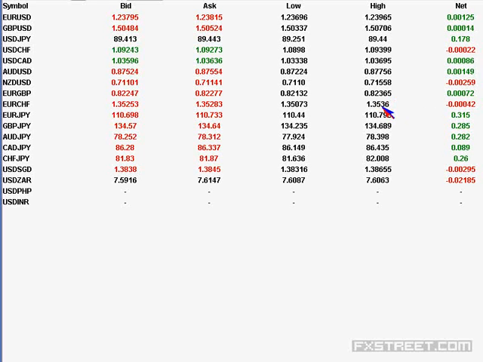Before doing it, they are making a brief small false move. And similarly, in the case of Euro GBP, a brief upward false move is seen for the week beginning. Then in the case of the yen crosses, as we have seen, Euro GBP and USD yen are showing positive net change. So Euro yen and GBP yen both are showing a positive net change of 31 pips and 27